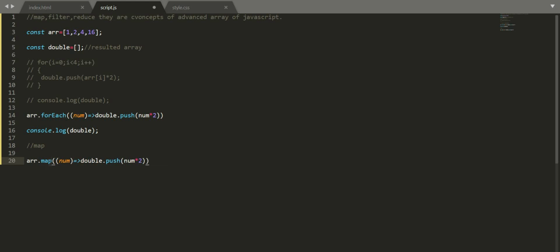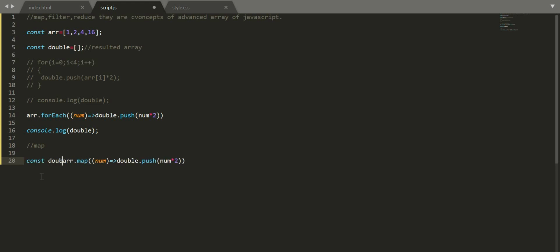So inside the array there is a function map which will take each of these elements and do operations on every element like forEach. But unlike forEach, which does not return anything, the map function will return the new result, that is double.push, and that I can catch